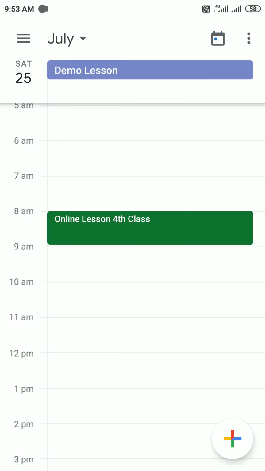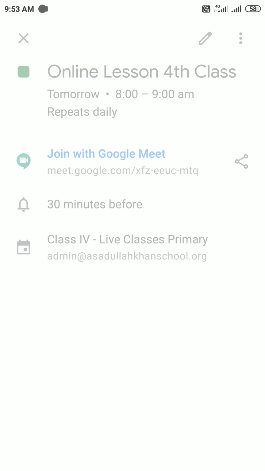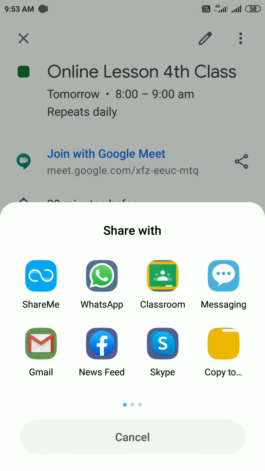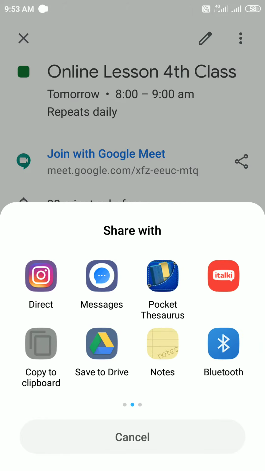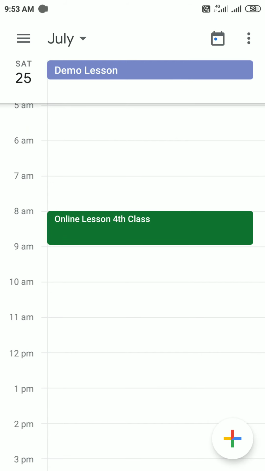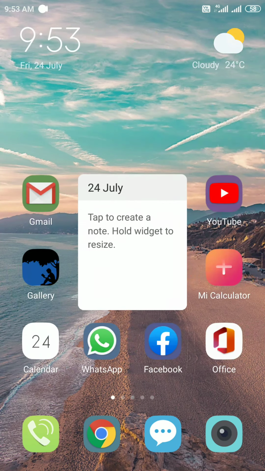So just click on the class again. This screen will open, and here you can see join with Google Meet and the share option. Click on the share option on the right, copy to clipboard, and paste this link in whichever group you want, and share the link.